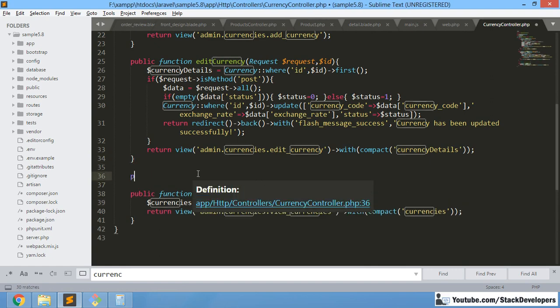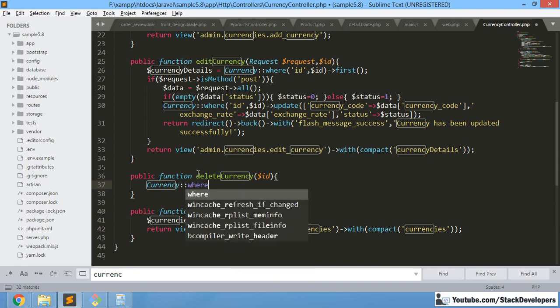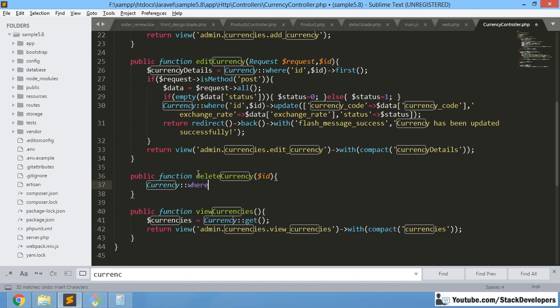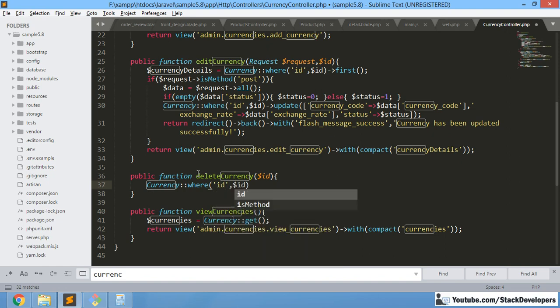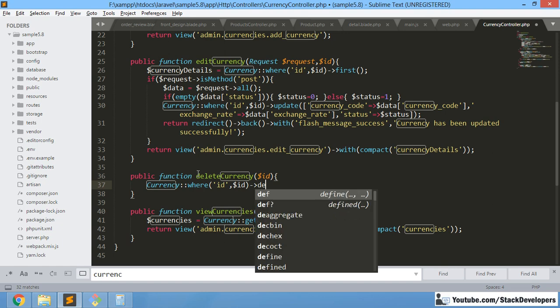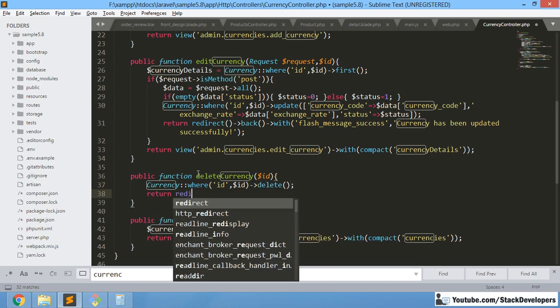Here we are going to send the currency ID, $id, and here we can simply add a where condition, and we'll delete that currency. Where id equals $id, and simple delete. And here we are going to return redirect back